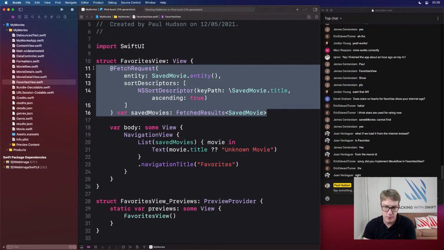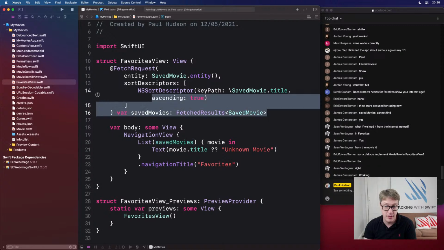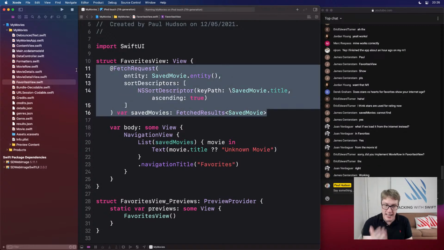That's where it comes from. So it can't find saved movies here. There's literally nowhere else it could be than up here. Working, great. Okay. So like I said, to make this thing work with movie row in favorites, using both struct